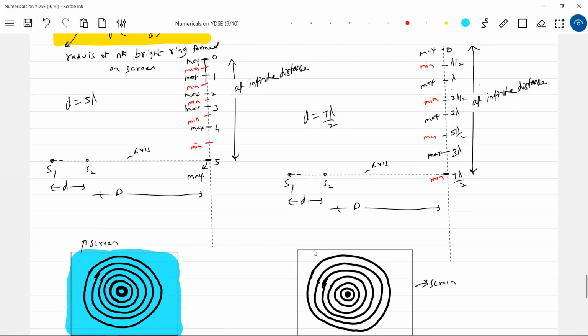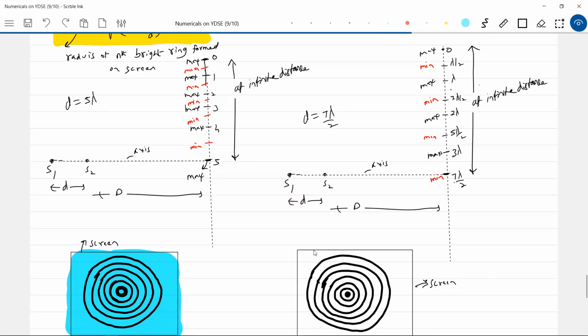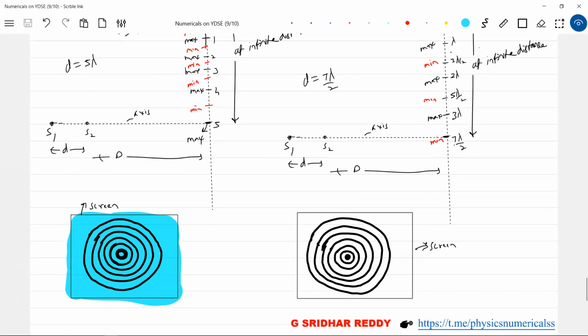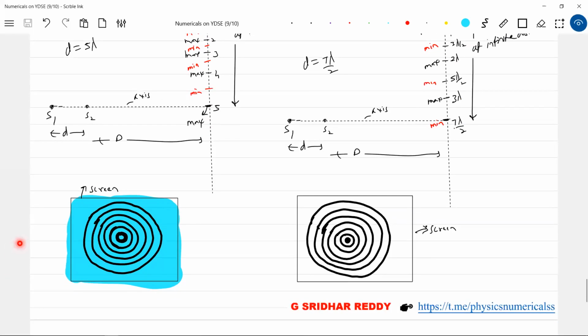But the pattern is something very important. When you get into a problem, this has to be taken care of: the distance between the sources. Is it equal to n lambda or (2n minus 1) lambda? That will determine from where it will start. But in all the cases, the order of interference will decrease here. Here also you see that the order of interference is in fact decreasing. Any doubt you can clarify?